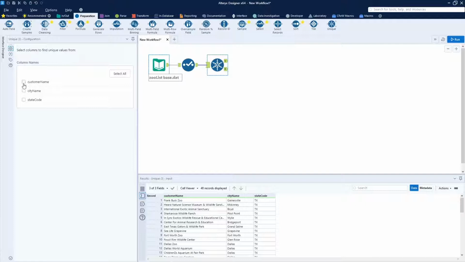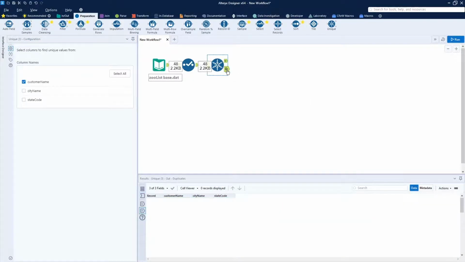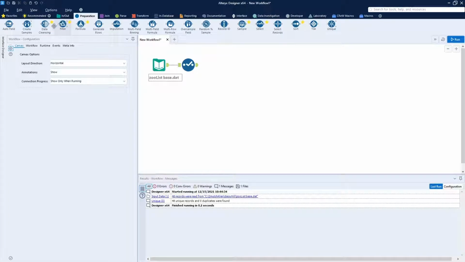So I dropped the unique widget on here. I was wondering if customer name was indeed unique through this data set. Even though I talked to the development team and they told me it was, I can run this. Take a look at the duplicate side, and I see that no data appeared in my duplicate side, so I'm very comfortable saying that the customer name is indeed unique. Don't want to use that as my primary key, so I want to go ahead and use